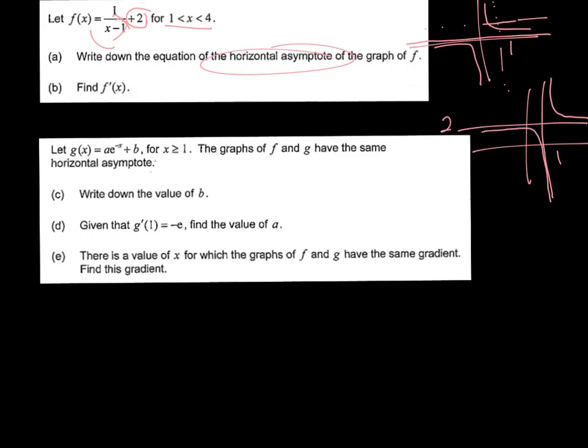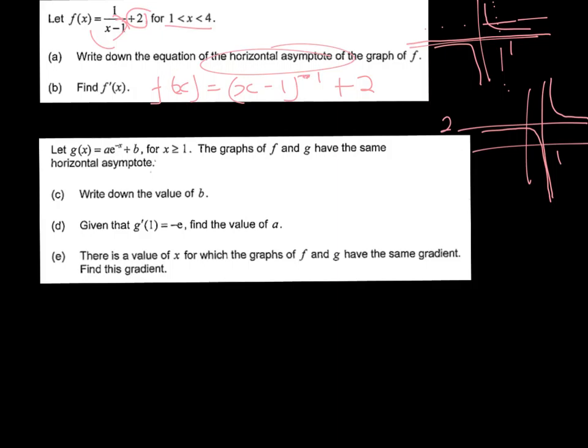For part B, we're asked to find the derivative of f dash x. So let's just take our function f of x and express it using rational exponents. So 1 over x minus 1 can be written as x minus 1 to the negative 1 plus 2. And we can see here that this is actually a composite function, so we're going to need to use the